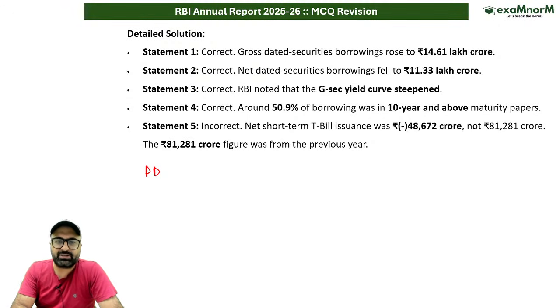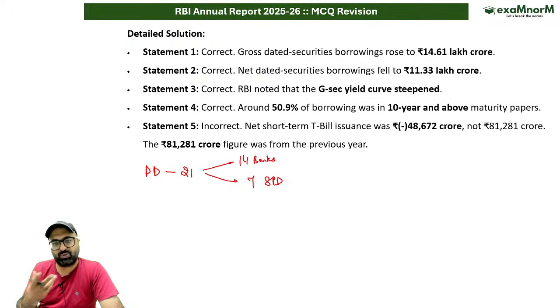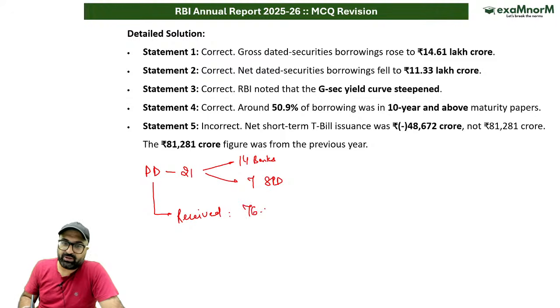टू प्राइमरी डीलर्स। सो इंडिया हैड 21 प्राइमरी डीलर्स, 14 were the banks acting as primary dealers, as well as 7 stand-alone primary dealers. The underwriting commission which has been paid to these primary dealers has also increased, as well as primary dealers, they have received 76.1% of treasury bills allotment. So they have received 76.1% of ट्रेजरी बिल्स